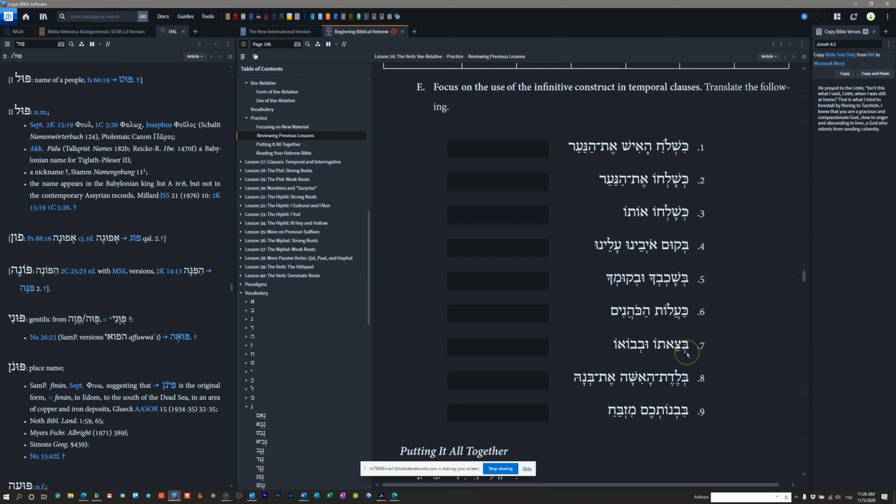This is Ir, but Ir becomes Arim in the plural, and Arim becomes Arei in the construct. So the warriors of the nations went up from the sea, or came up from the sea, and they took your cities,